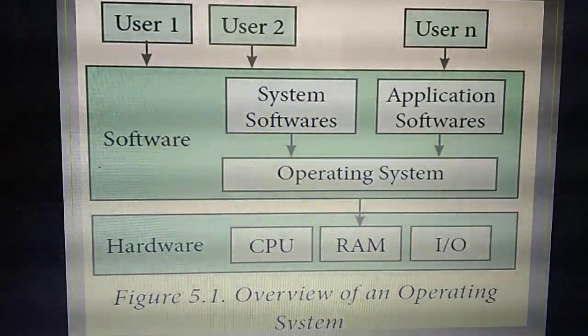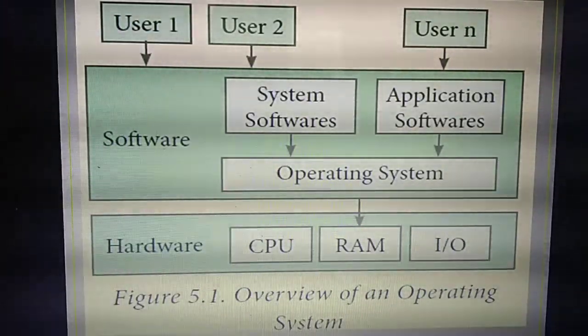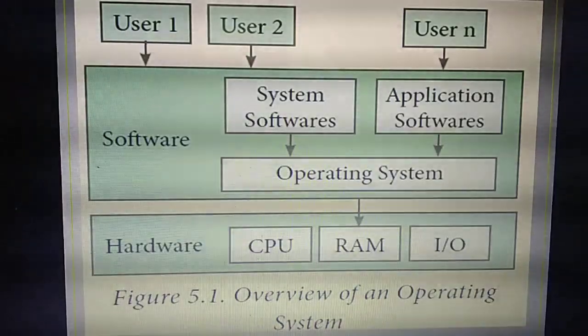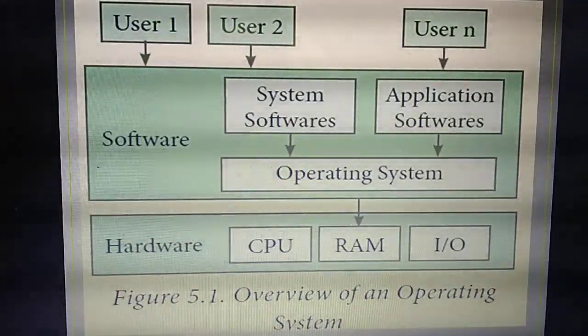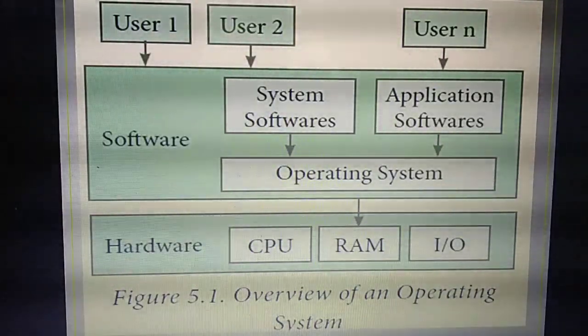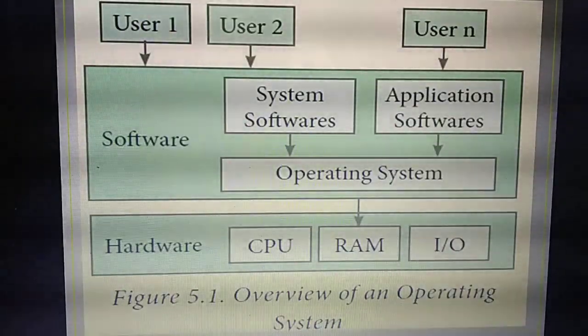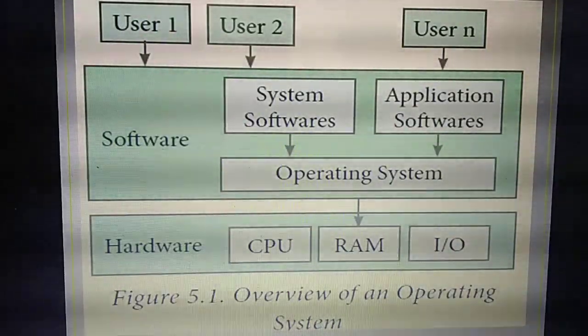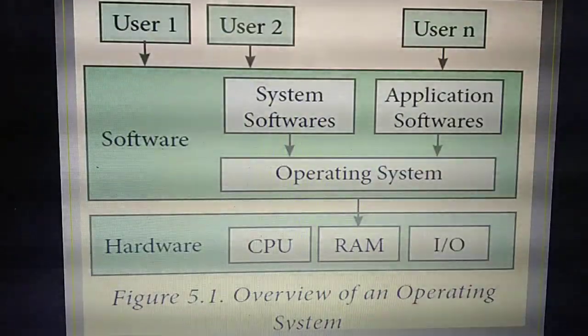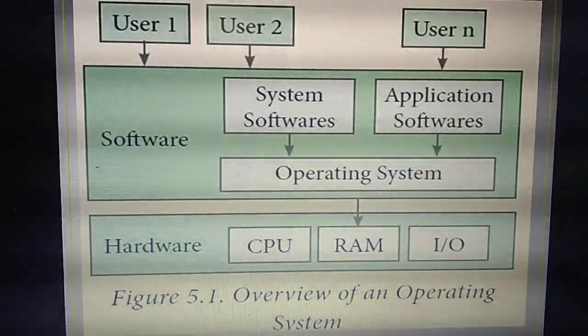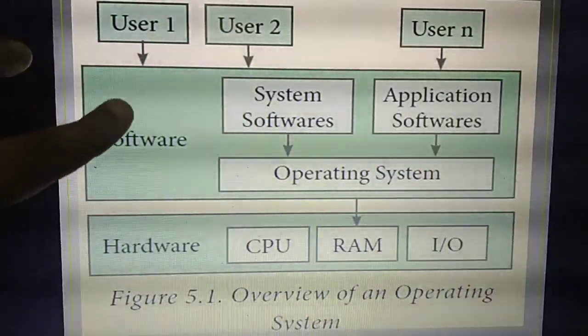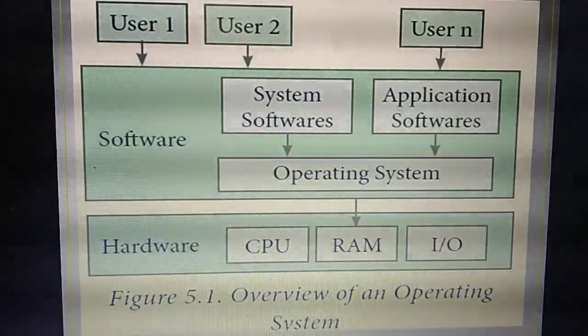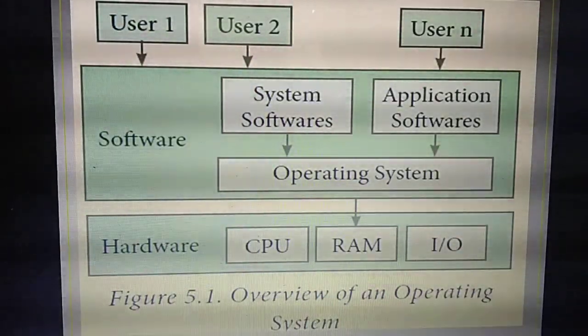Okay. So here the computer is comprised of two things. What are they? Hardware as well as software. So both hardware and software are controlled by whom? Operating system. So listen. In this software, what are the two softwares you have studied?